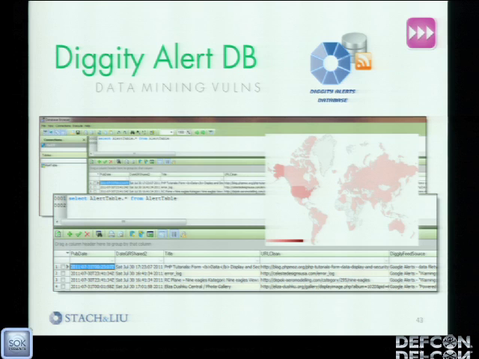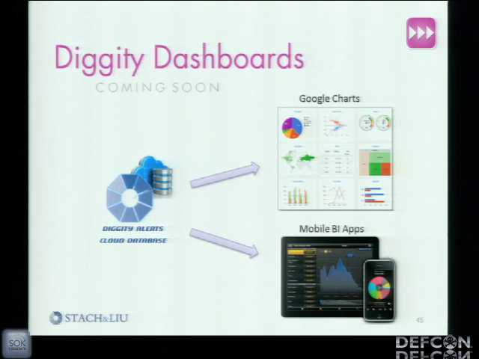We put up an Amazon RDS as a cloud-based database that we're going to be making available as soon as I work out the pricing model. But you should see in the next few weeks this available to be able to query this massive repository. So in the future, you won't actually have to go to Google and do Google hacking anymore, because we've already done it for you. We've Google hacked, we've Bing hacked, we have several years of results. That is all in one big table, so instead of going out and doing Google hacking, you can just plug in and do a single search and pull all the results from several years of Google hacking